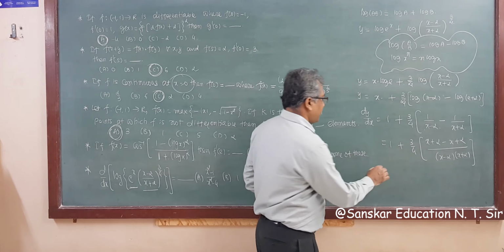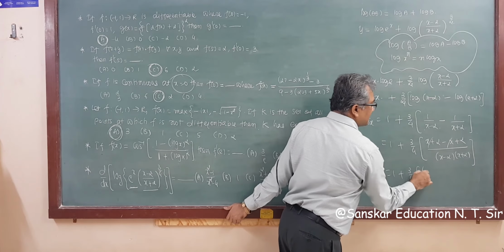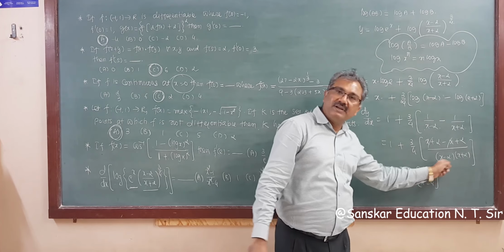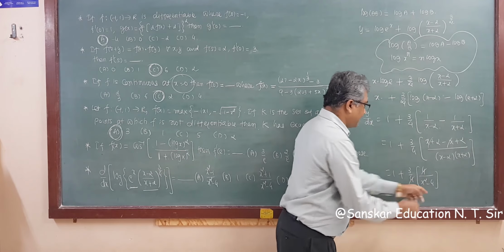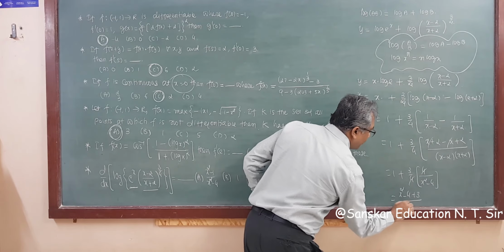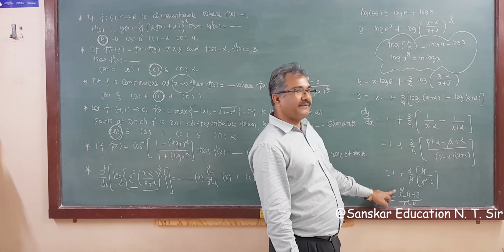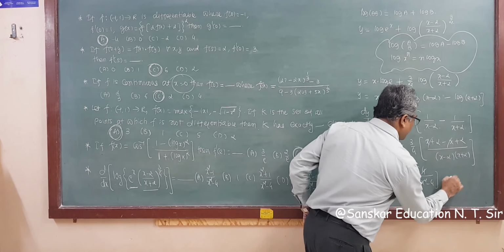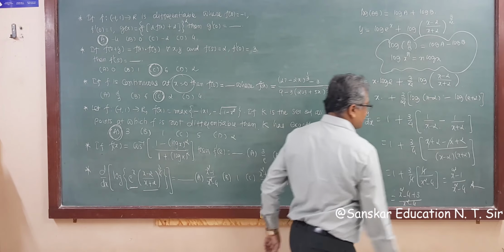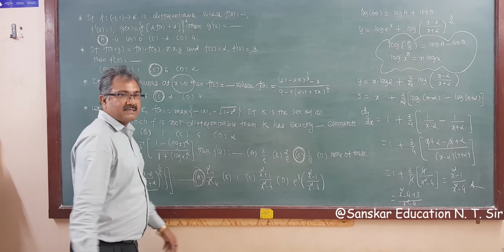So this is 1 plus 3 by 4, the x cancels, this is 4 upon x square minus 4, using a minus b, a plus b. So this 4 will cancel, taking LCM, this is (x square minus 4 plus 3) whole upon x square minus 4. That is, the proper answer is x square minus 1 upon x square minus 4. So x square minus 1 upon x square minus 4 is your final answer. So option A is the correct answer.